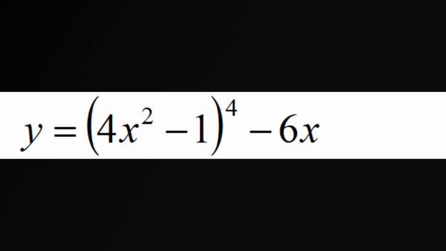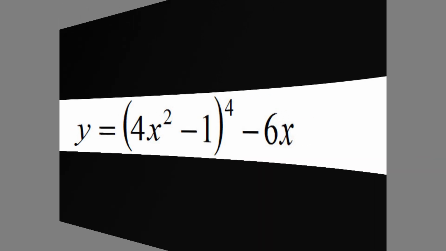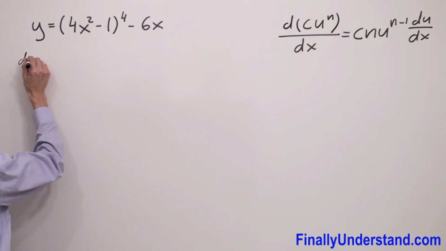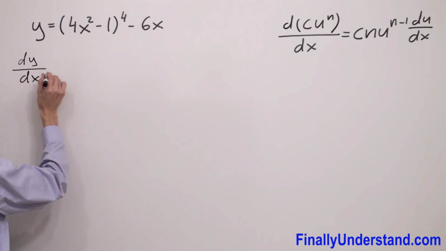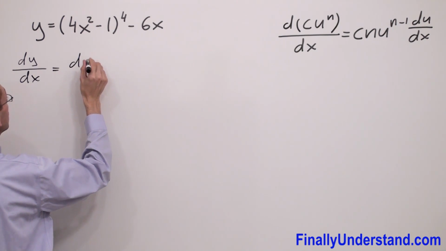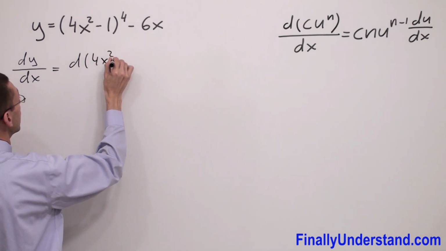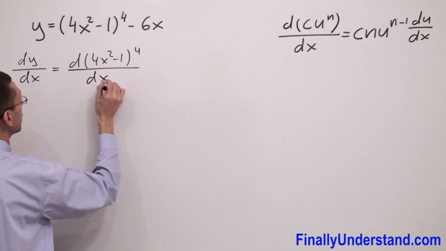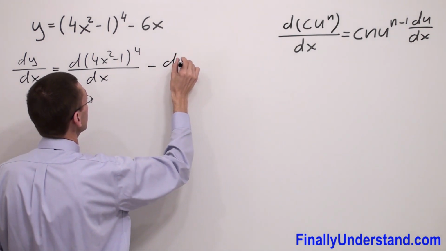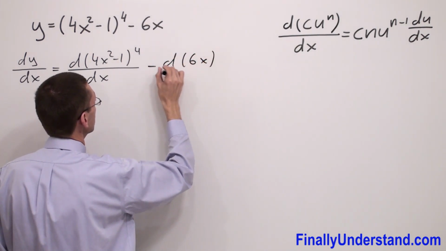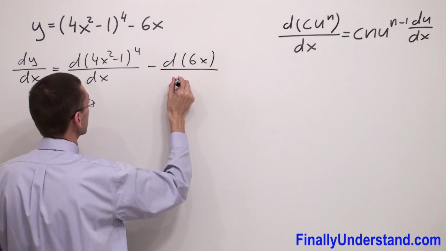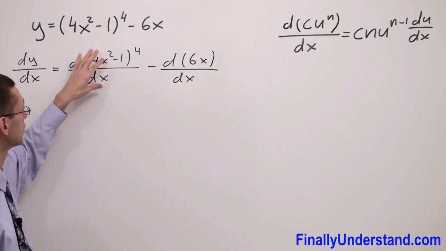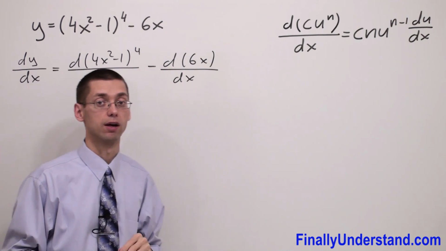We have another example on the board. This time we're supposed to find the derivative of the difference. So let's start. We have to write dy over dx is equal to the derivative of (4x squared minus 1) raised to the fourth power with respect to x, minus the derivative of 6x over dx. Okay? Please notice that we're supposed to find the derivative of the composite function and a regular linear